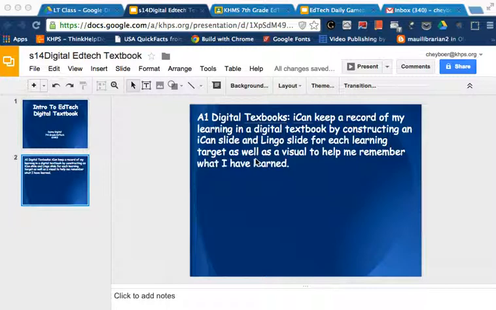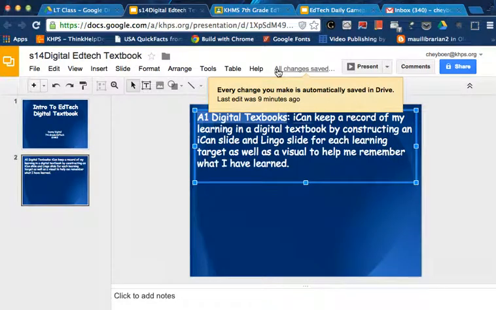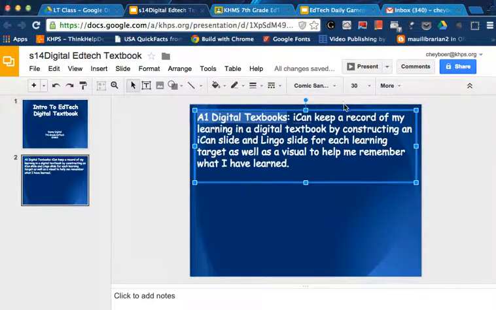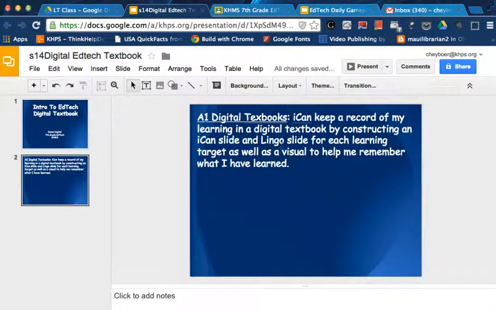So our concept here is digital textbooks. That's our concept. And what I'll do here is underline this. I don't know if I did this the last time or not, but that's our tech concept that we're learning about here, okay? And what I want to do now is I've identified what we're learning as an I can